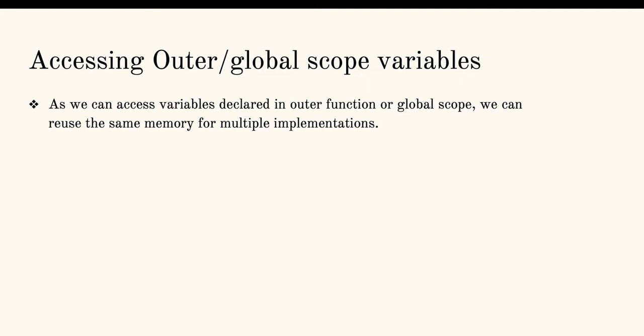As we know, a closure function can access the scope of outer functions or the global scope. That means the variables which are declared in the outer function or at the global level of your file, we can access those variables in the closure function. That is the main advantage of closure functions. Because of this, we can reuse the same memory at different points of